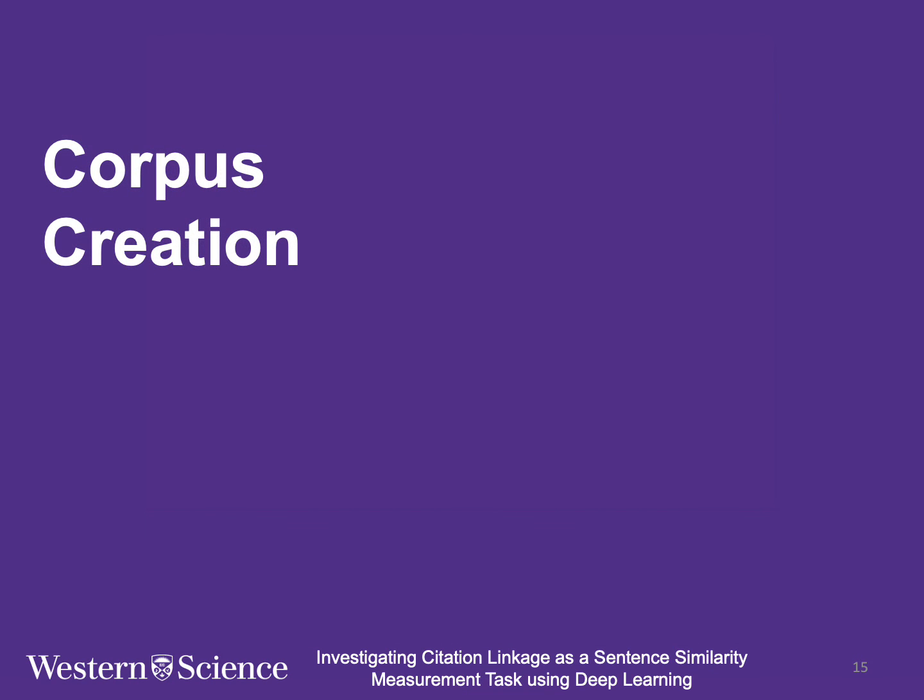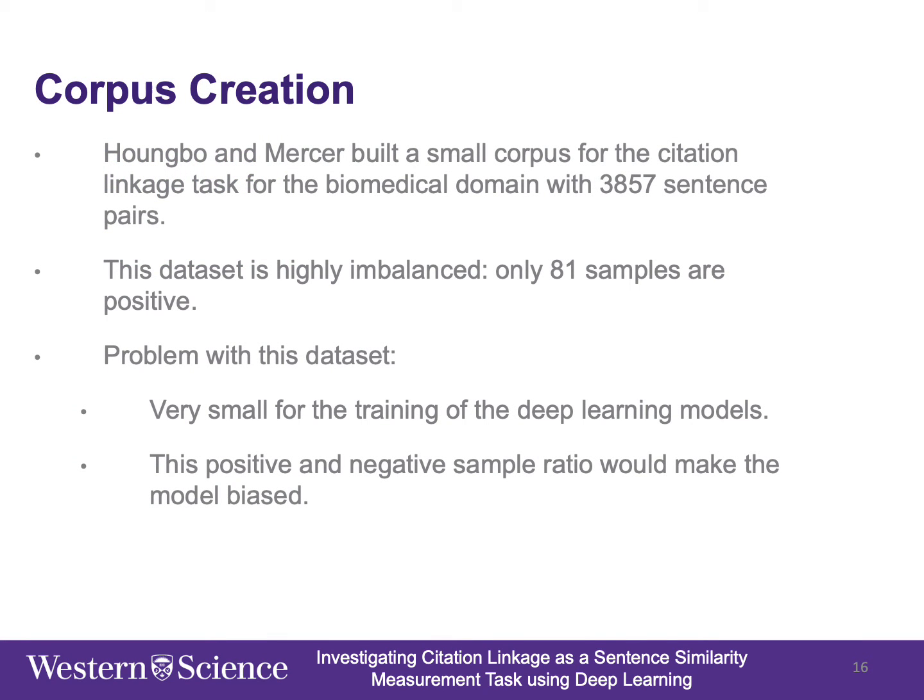Now I would talk about the corpus. We had a small corpus created by Hongbo and Mercer containing 3,857 sentence pairs. However, this dataset was highly imbalanced with only 81 positive samples, and all the remaining sentences are negative sentence pairs. So the problem is, if we train our model with this corpus, then there is a chance that the model would be biased. So that's why we had to create our